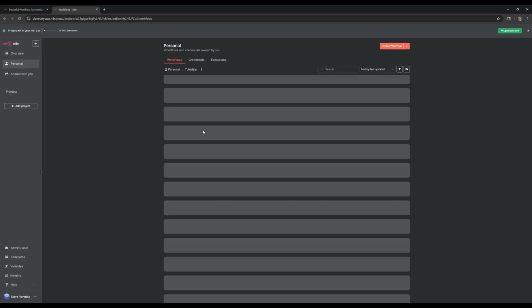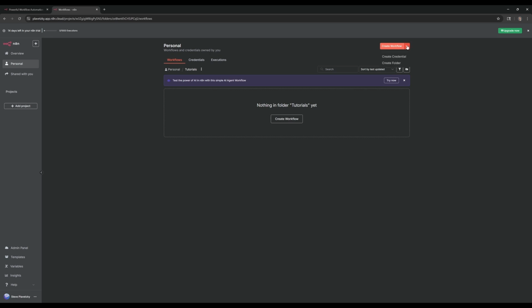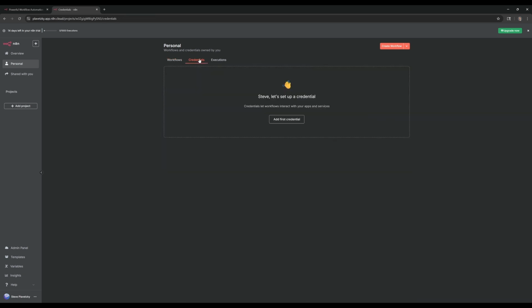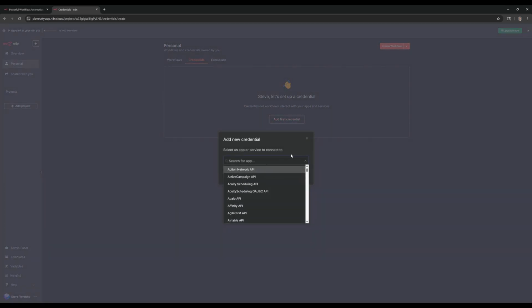You can go into each one of these, and same deal, up at the top right, click on Create Folder. You can make subfolders. So say you're following a specific person on YouTube and you want to put all their tutorials in one folder, for example. Up here you've got Workflows and Credentials. You can do this as you build, so you don't necessarily need to go in here and find what you're looking for in this list, so don't be alarmed by that.